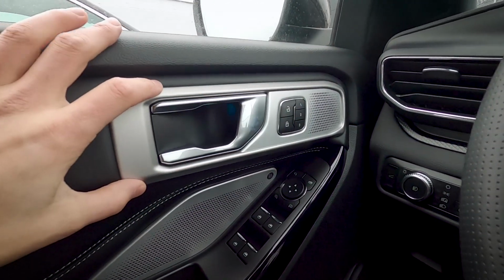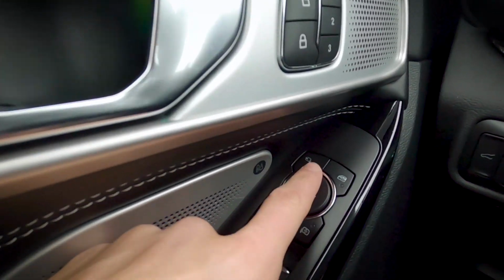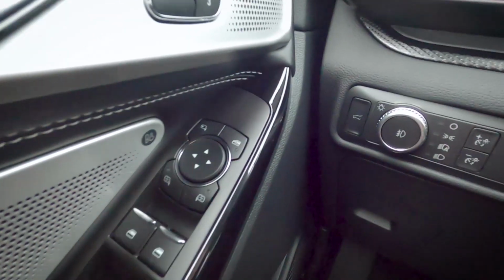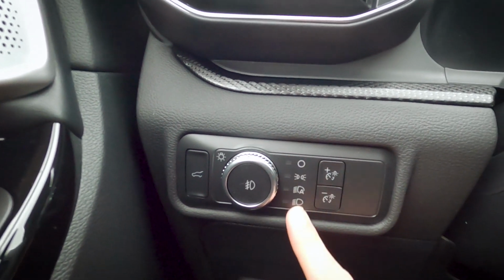I love this faux metallic look there. We do have our seat memory buttons, lock, unlock buttons, power folding the side view mirrors. We've got the ability to kill off the window power to the back. Along the side, we've got the ability to open up our liftgate, fog lamps, and then we've got our settings